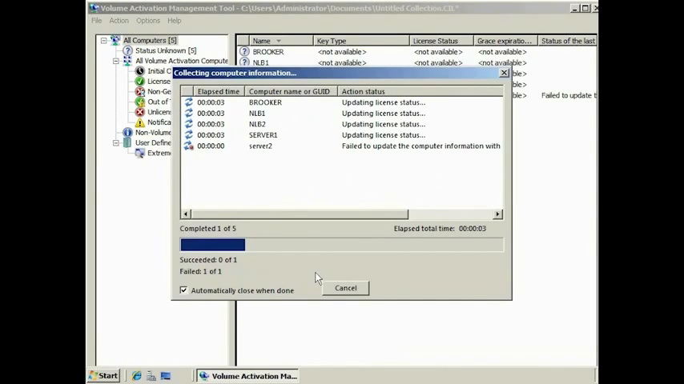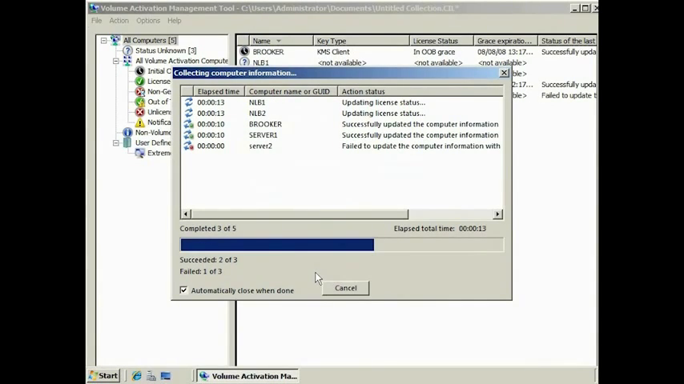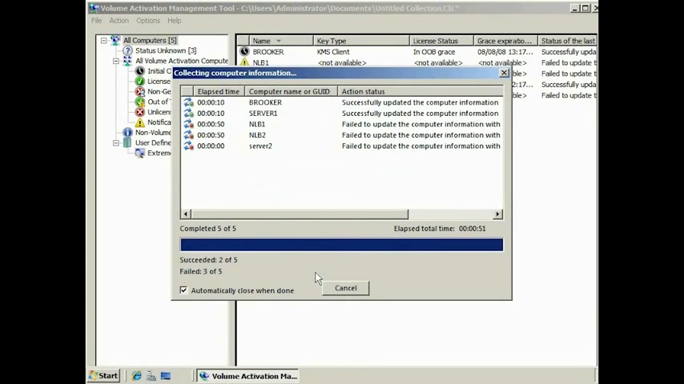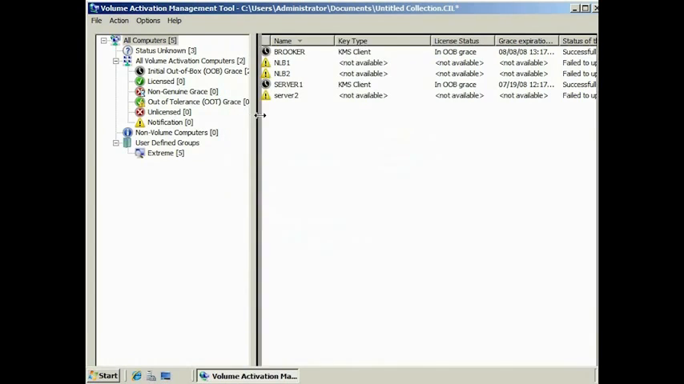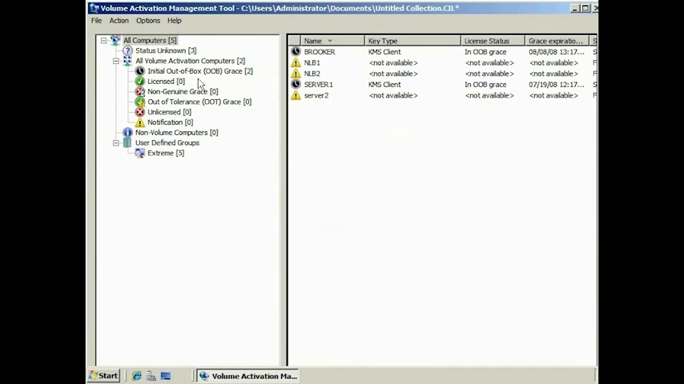This option will contact each computer and gather their licensing data. The VAMT tool will attempt to contact each computer and get their licensing details. Some of the servers are down at present, so the VAMT tool will not be able to gather any information from them. As you can see on the left-hand side, the computers have automatically been put in their appropriate groups